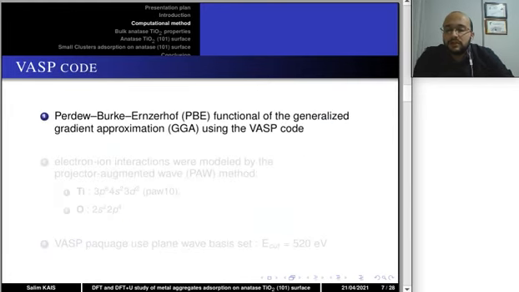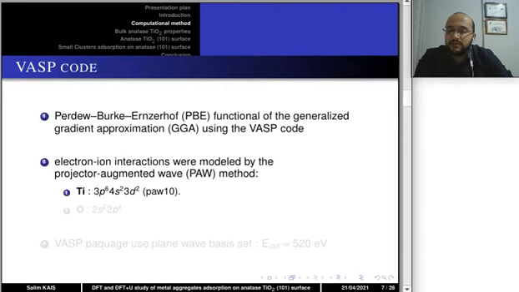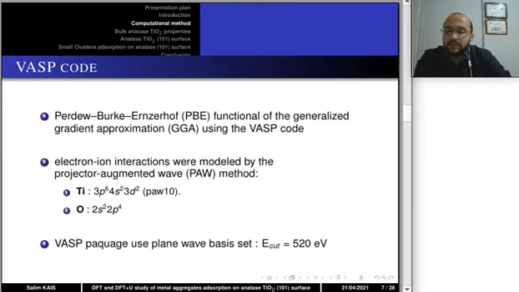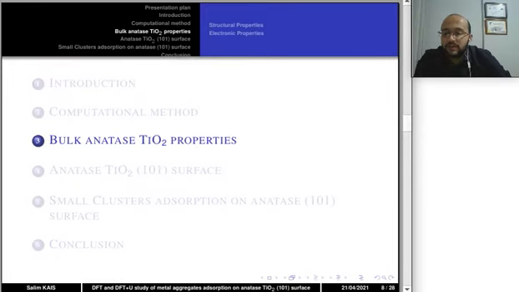Our DFT calculations were performed with the PBE functional of the generalized gradient approximation as implemented in the VASP code. Electron-ion interactions were modeled by the projector augmented wave method, with these configurations treated as valence electrons for titanium and oxygen. The VASP package uses a plane wave basis set where a cutoff energy of 520 electron volts was considered to expand valence electrons in our calculations. With reference to anatase, the most